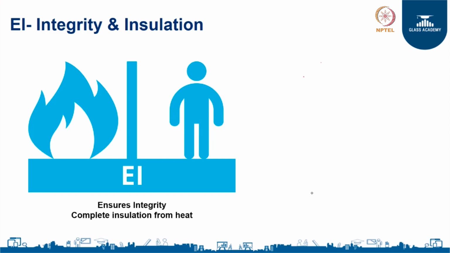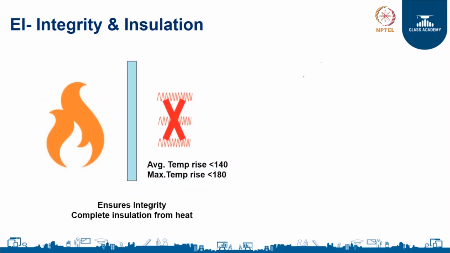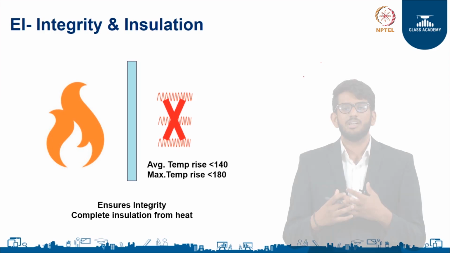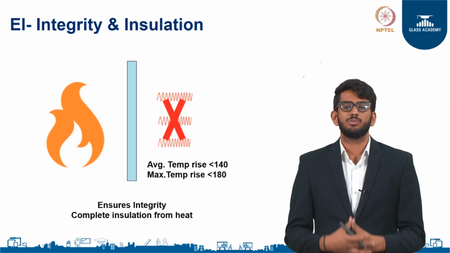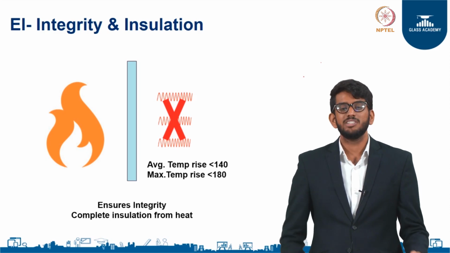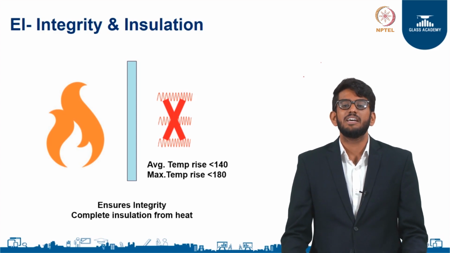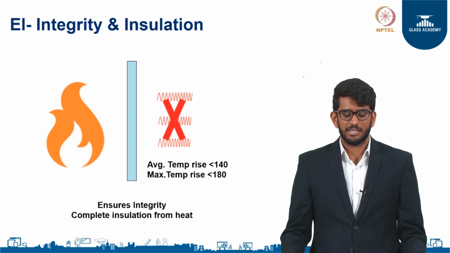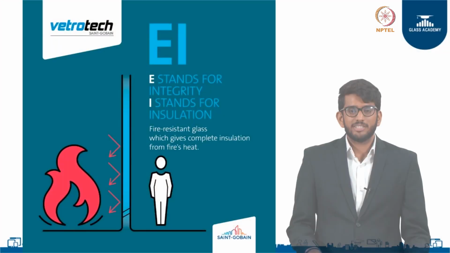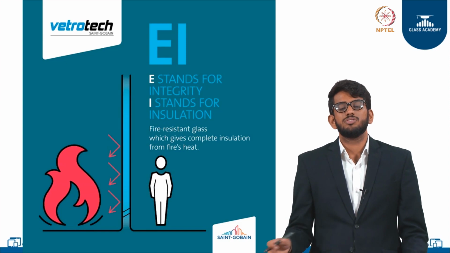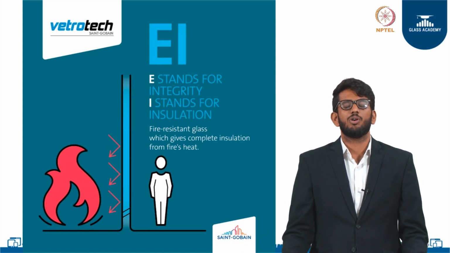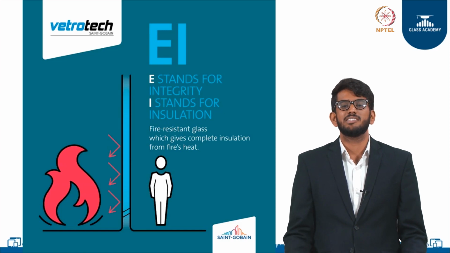So, this is possible because an EI glass comprises of multiple layers of glass and multiple layers of interlayer. So, during a fire, each interlayer jumps into action and absorbs all the heat as the intumescent reacts and foams up into an agent. So, if you look at the temperature values in an EI rated glass, the average temperature rise on the glass is never more than 140 degrees and the maximum temperature rise is never more than 180 degrees. So, you can see through this infographic that in an EI glass, most of the heat is just reflected back. There is absolutely no or very minimal heat transfer through the glass. As a result, it is the best fire resistant glass that is ever available.